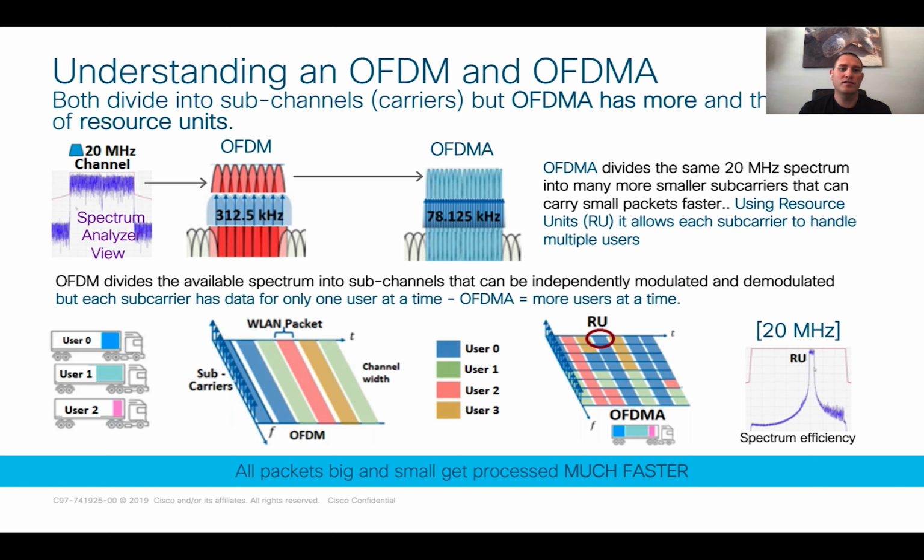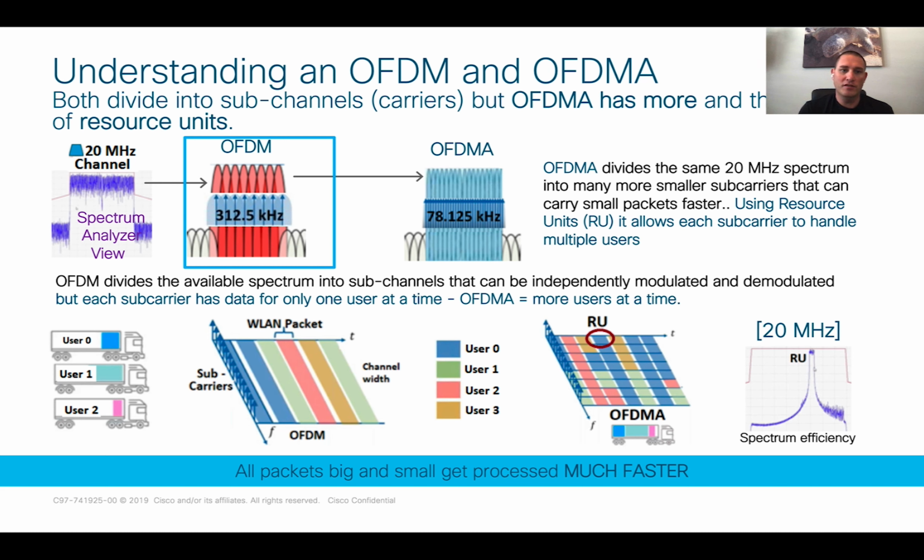Both of these features divide the overall channel or spectrum into subchannels or carriers. But OFDMA has more of a concept of resource units. So let's break this down a little bit. If we start here on the left, we see the basic 20 megahertz channel. We see the view, through a spectrum analyzer, of that channel. But when we look at OFDM, we see the OFDM